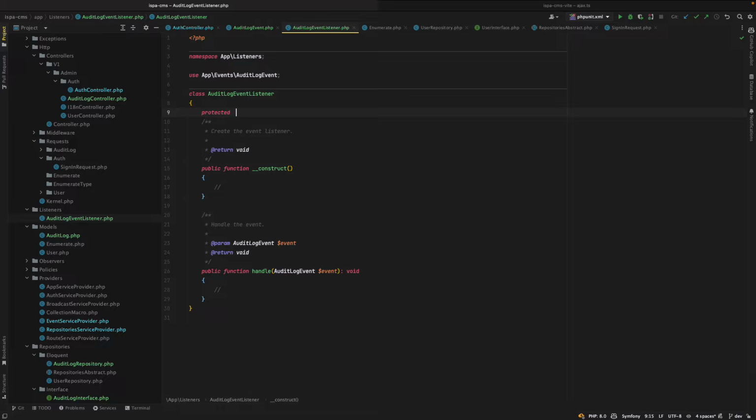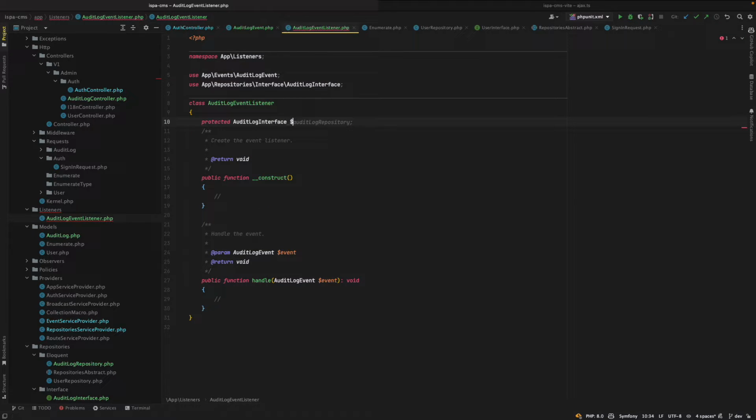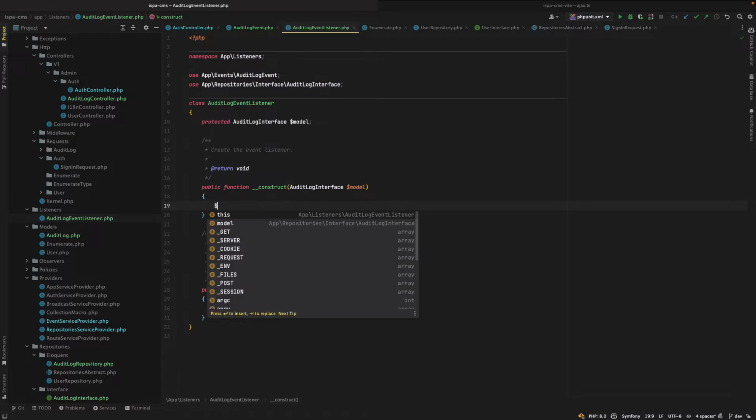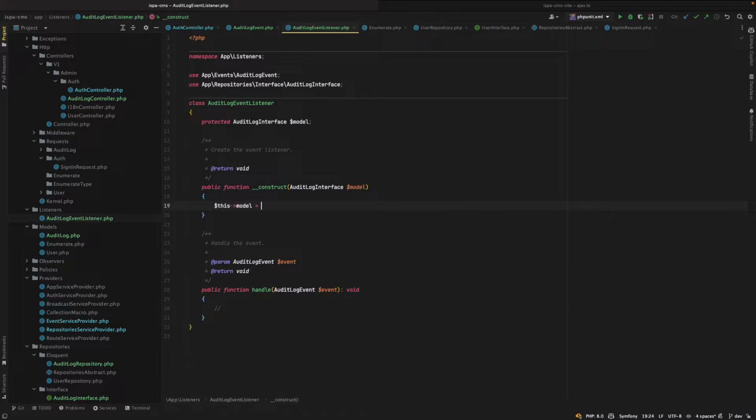So we protected the AuditLog interface with the model. Okay, and we have to bind it into this model, is the model here. Okay,